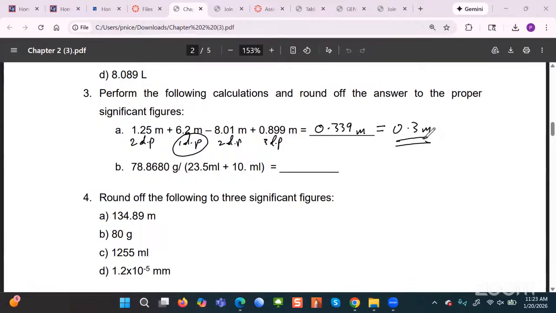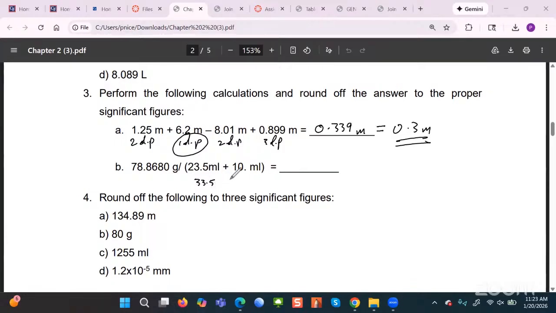involves different operations for which the rules are different in each case, because you'll notice that you're doing an addition right here. And then you're going to divide this number by the sum of that, right? So basically what we're going to do is work out what's within the parentheses first, right? And within the parentheses, you're adding 23.5 to 10. So that would give you